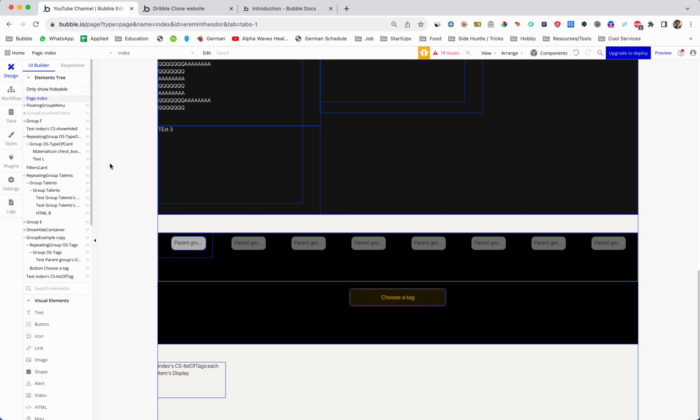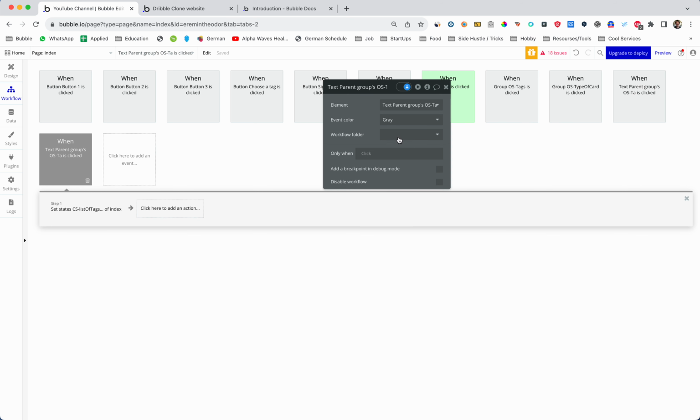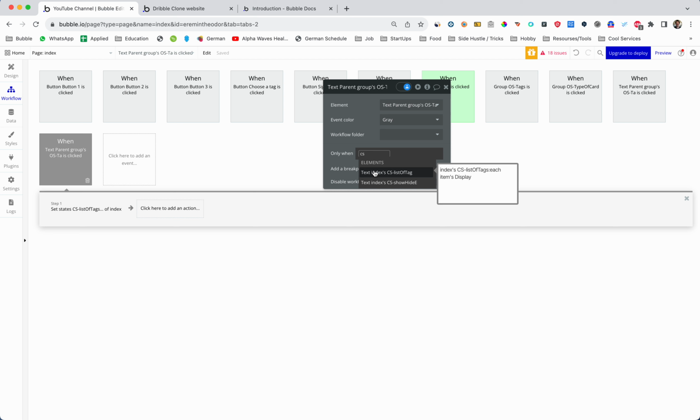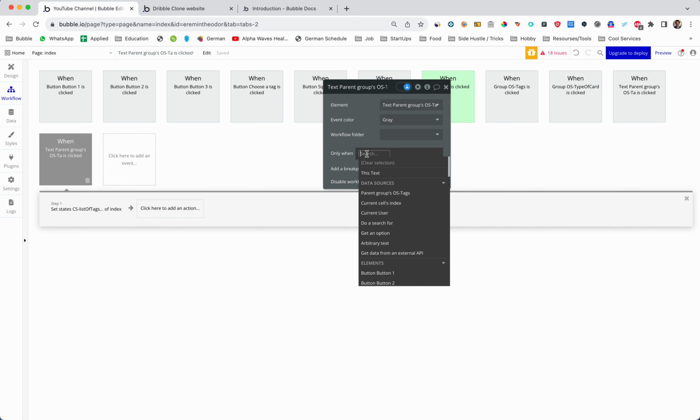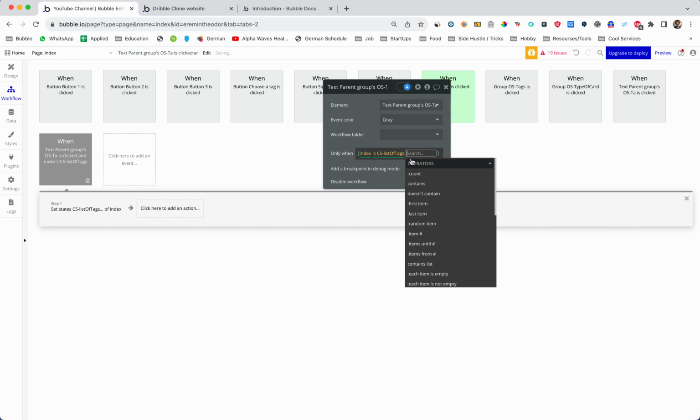The only difference is in the condition. I will show you. So only one custom state, let's say index, custom state list of tags